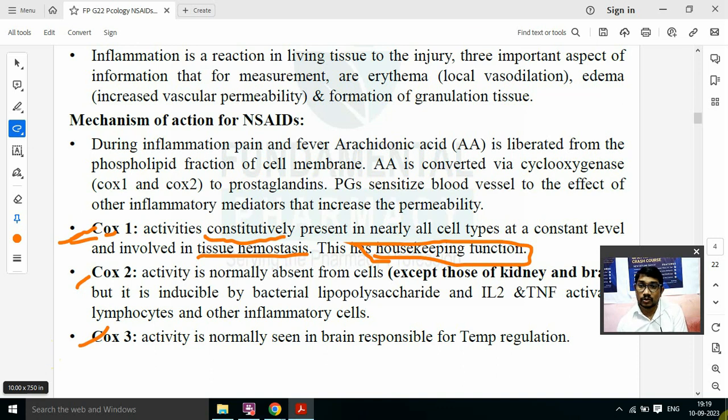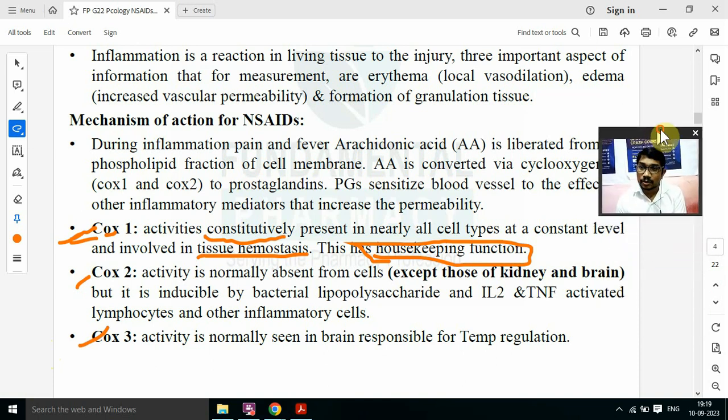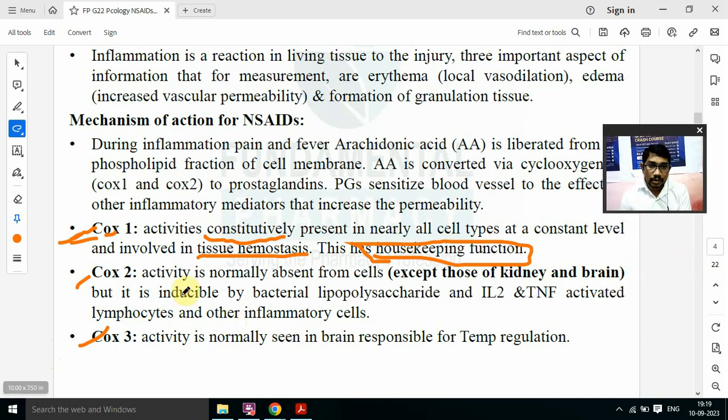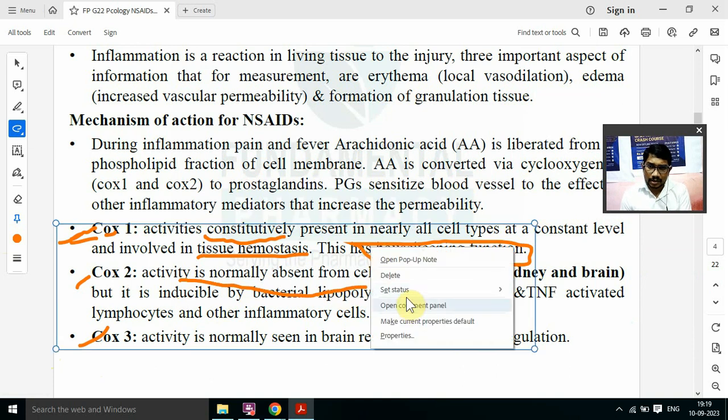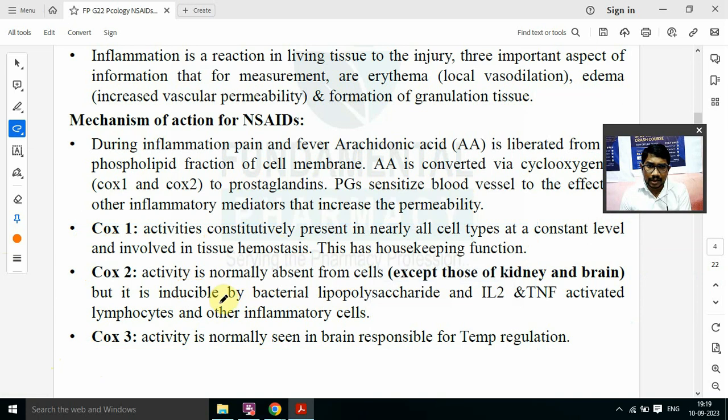नाउ ठीक है, क्वेश्चन तो COX2 के ऊपर भी आ चुका है. What is COX2? So again it is a second isoenzyme for cyclooxygenase, COX2. Now its activity is normally absent in the cell. Normally इसका activity सेल में absent होता है. So activity of COX2 is normally absent. But it is present in the kidney and brain. इसका kidney में होता है, brain में होता है normally. Its activity is increased in case of inflammation and it is inducible enzyme.